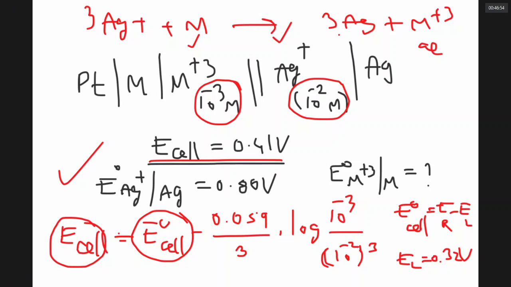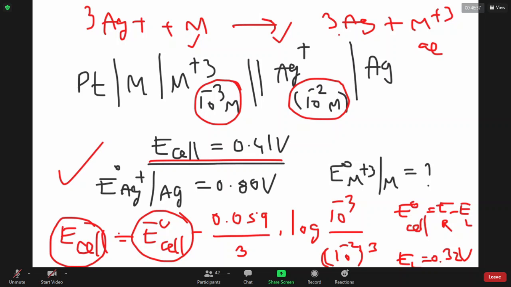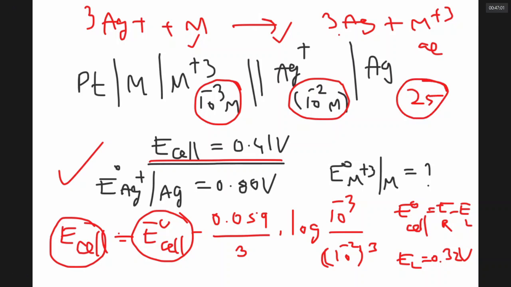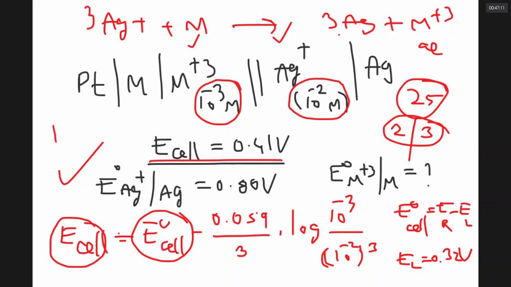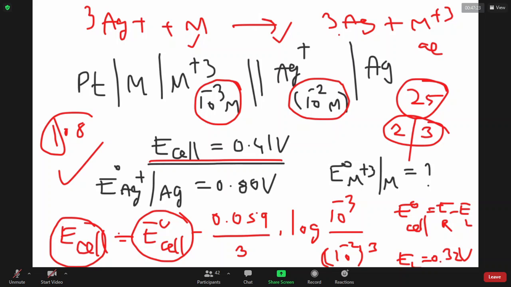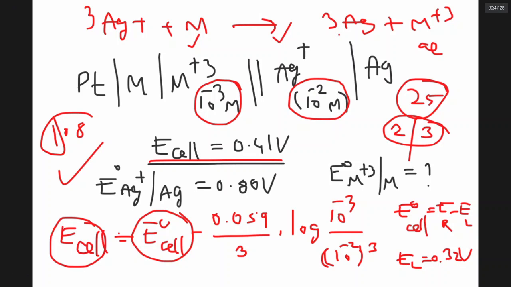Ladies and gentlemen, out of 30 questions they give in IIT, it means 25. Out of 25, only 2 or 3 problems require this much time. Remaining problems are straight. For example, to get 108 grams of silver, how many Faradays of charge is needed? 1, that's all over. In a fuel cell, what is the theoretical efficiency? 100%, that's all over.